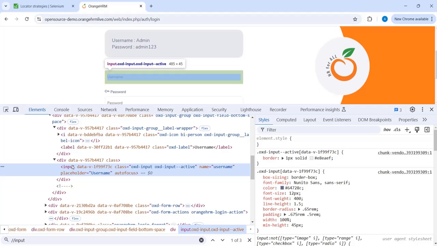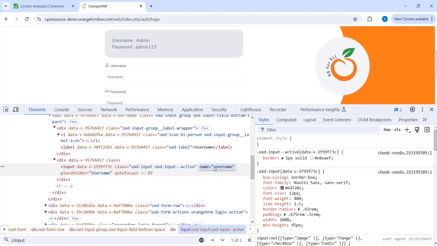Here class is one attribute, name is another attribute, placeholder is another attribute. Like this, there are different attributes, and we have to specify the values. Based on whether it identifies the particular element uniquely or not, you can choose it. Suppose I choose name is equal to